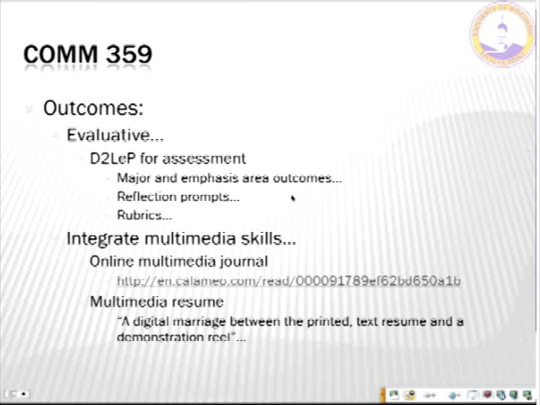Then the other thing I'm doing is giving the students an opportunity to create a second presentation in ePortfolio, and I'm calling that their multimedia resume. This is a chance for them to, again, integrate the things that they've had towards the careers they're choosing. One of the first things I did, knowing it was going to be debatable, was to have the university photographer set up times with them so they've got headshots.